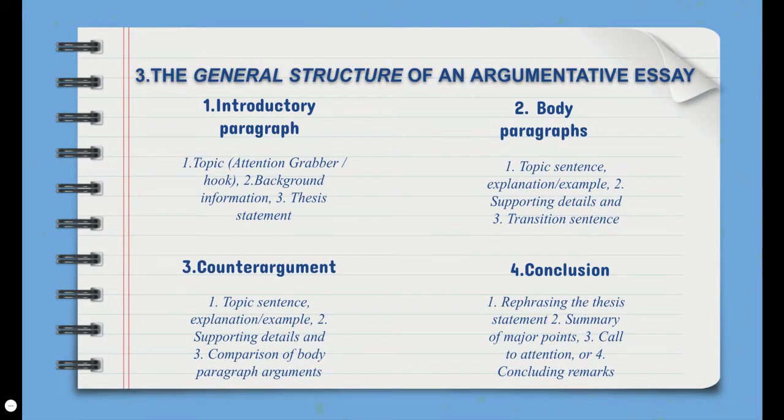The general structure of an argumentative essay follows this format. 1. Introductory paragraph. The first paragraph of your essay should outline the topic, provide background information necessary to understand your argument, outline the evidence you will present, and state your thesis. 2. Thesis statement. This is part of your first paragraph. It is a concise, one-sentence summary of your main point and claim. So we have: 1. Attention grabber, hook, 2. Background information, and 3. Thesis statement.